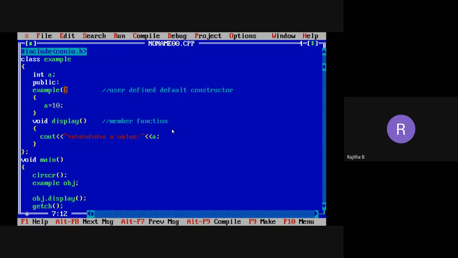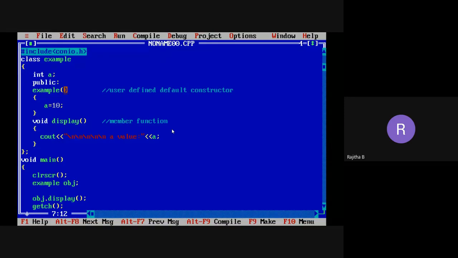We have types of functions in C language: with parameters, without parameters, with return type, without return type. But coming to the constructor, we do not have any return type, and we are not going to return a result to any other function. Now we have parameters for the constructor.